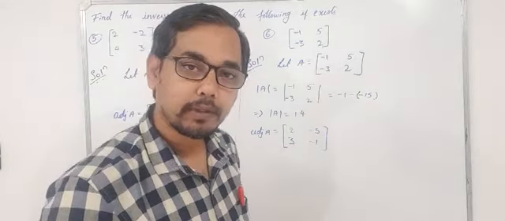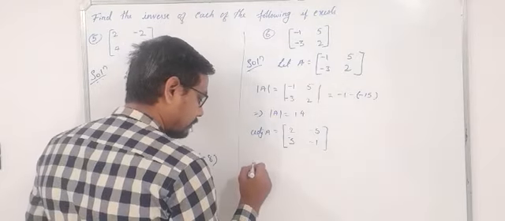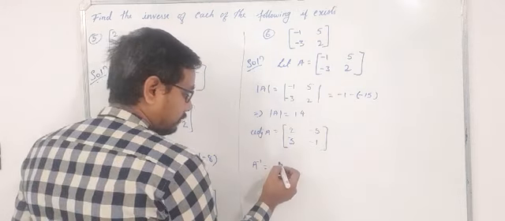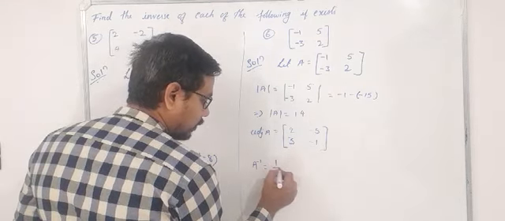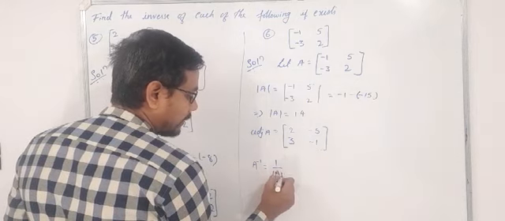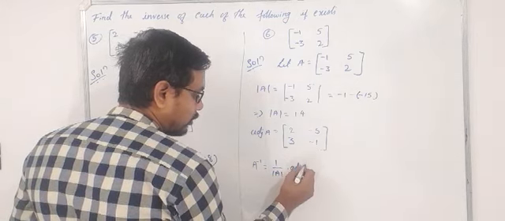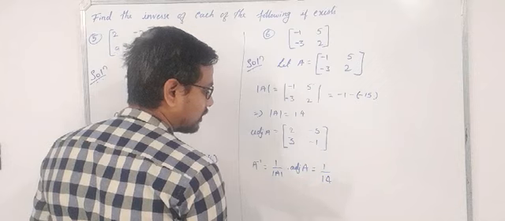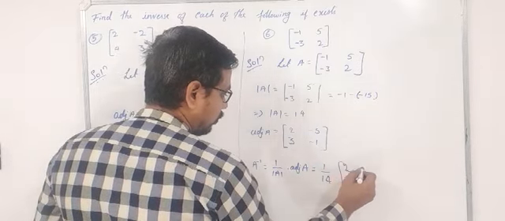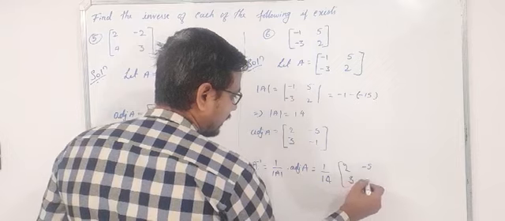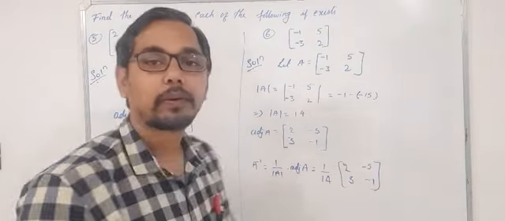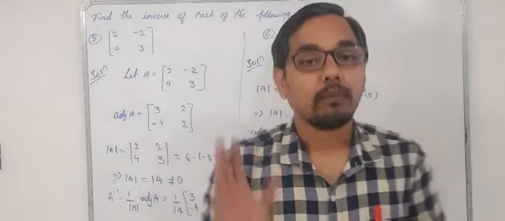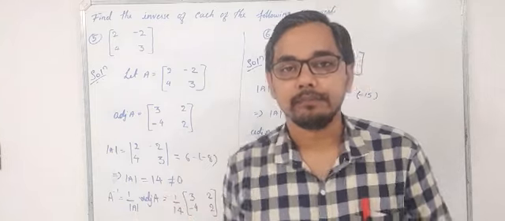So now we need the inverse of that particular matrix. A inverse is one upon determinant A into adjoint A. So 1 upon, what is determinant A? What is adjoint A? 2, minus 5, 3, minus 1. So this will be our required A inverse. So I hope these things are very much clear. So now what we should do is, as usual, pause this video and make a note of this.